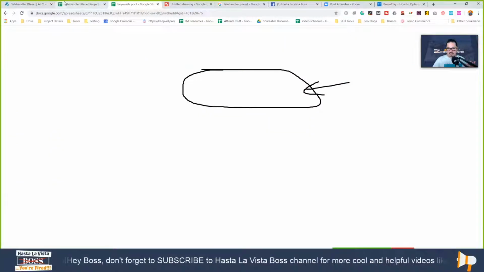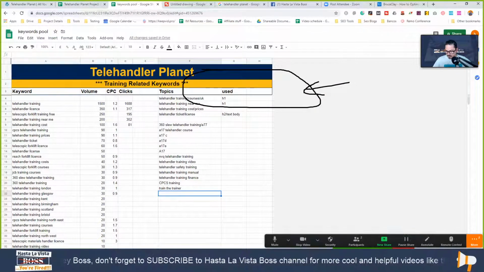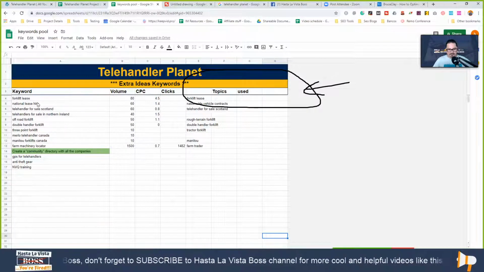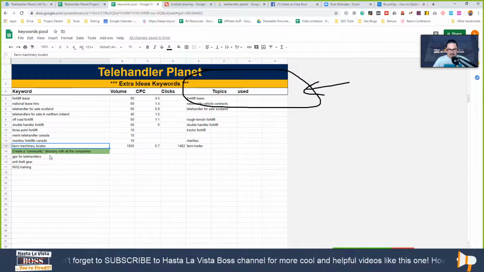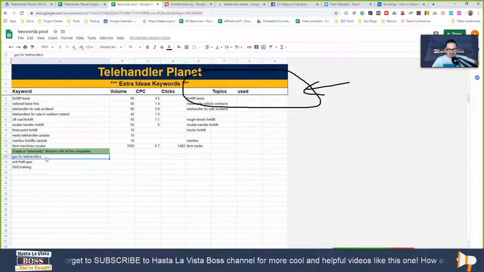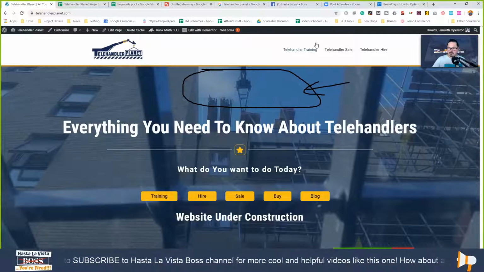I put some ideas in here if you are curious. The ideas you see here: lease, what else we have in here? Farm machinery, I don't know if that's related, but look, GPS for telehandlers. There are so many other topics that I can write about,